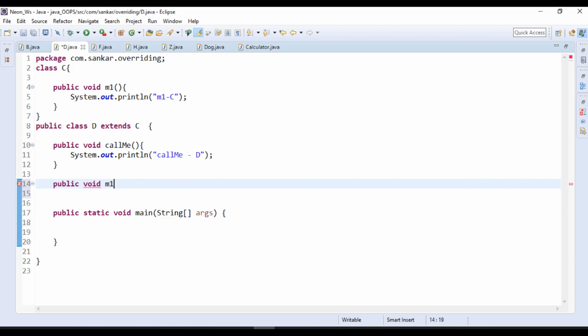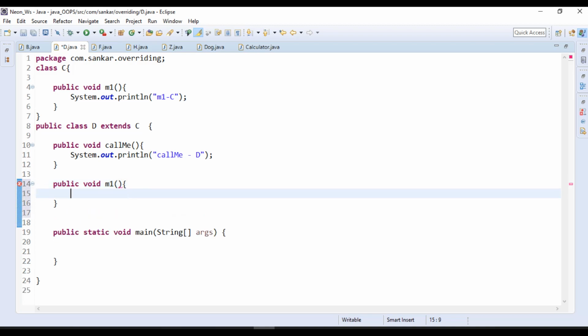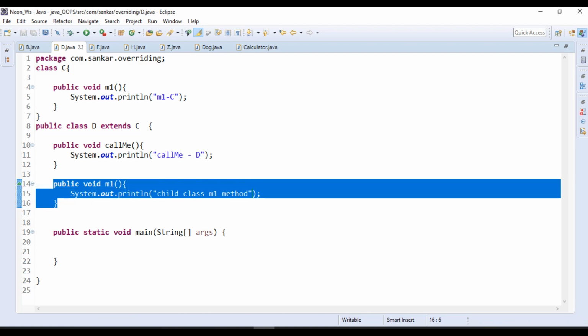Observe carefully. The method name m1 must be the same, and the parameters also the same, zero parameters. Here I will write my own logic, meaning child class logic. So I will simply write the child class m1 method like this. Then I can say m1 is a properly overridden method.